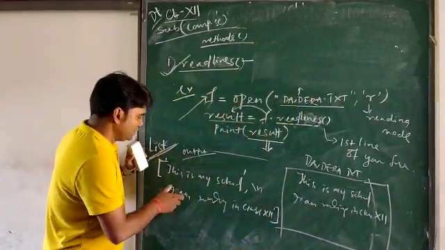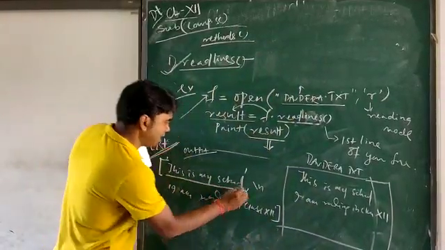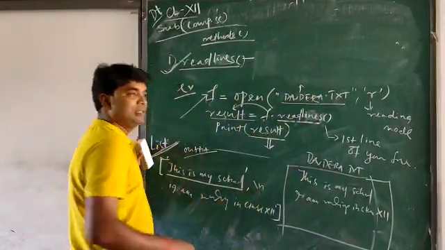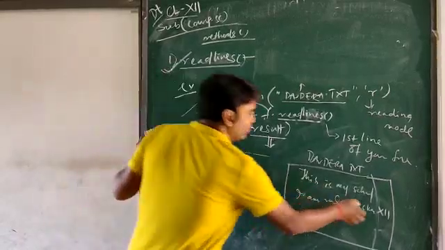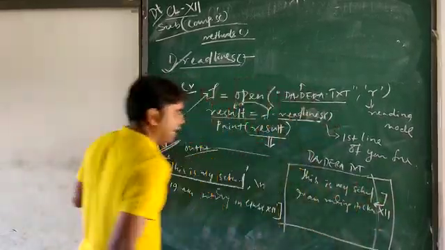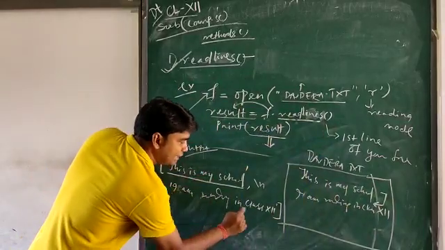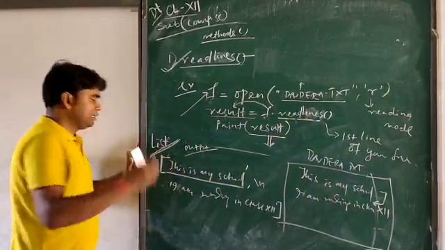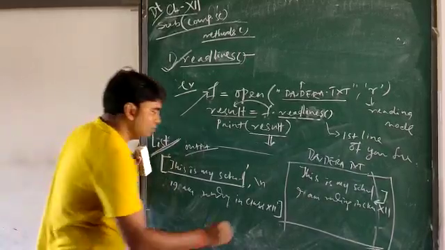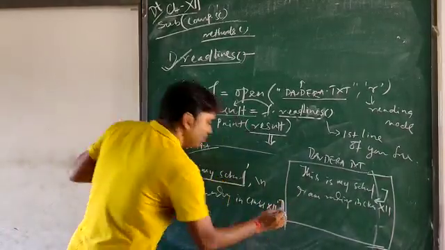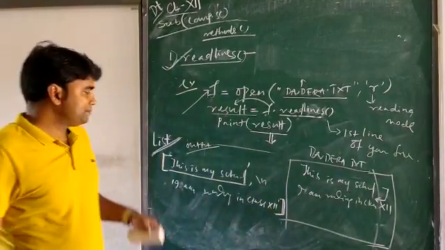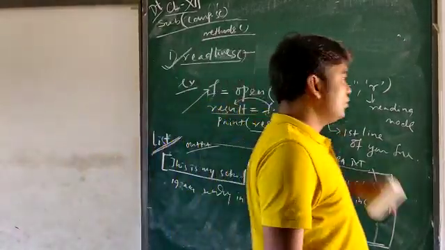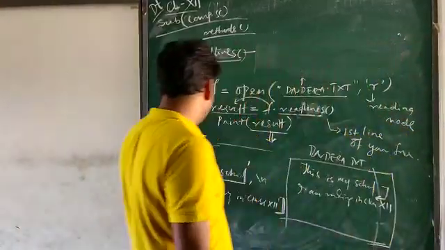Two elements only. This is the first element in your list: This is my school. Slash n is the separator, it is separating that. After that, the new line will be there. And the second line: I am reading in class 12. And you see here, this is your list square bracket opening and this is the list square bracket closing. So once you run this program, you will see the output in this form.